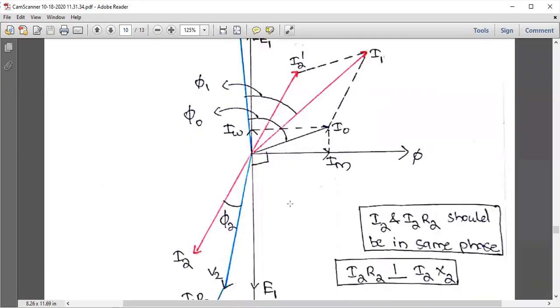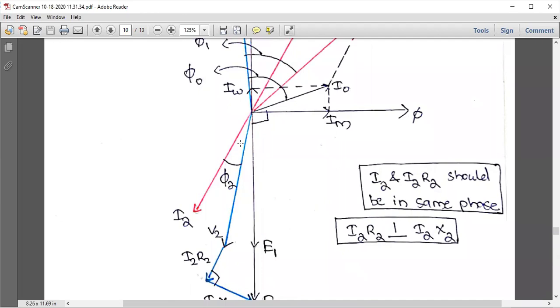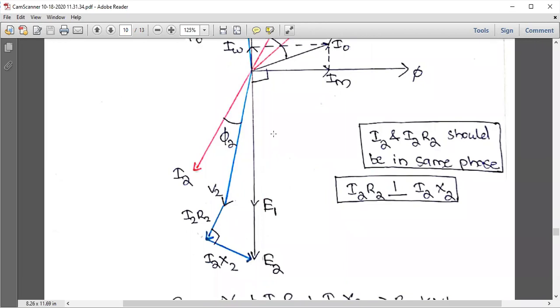So we have here this figure. So this phasor diagram, phi, IM, IW, I0, E1, E2, everything is familiar for me. And in case of a loaded condition, I2 will also be there. That's also familiar for you. Okay. Now we will consider the case of V2. So we have taken the output load to be an inductive load. So as usual, the current I2 should lag the voltage V2 by an angle phi 2.